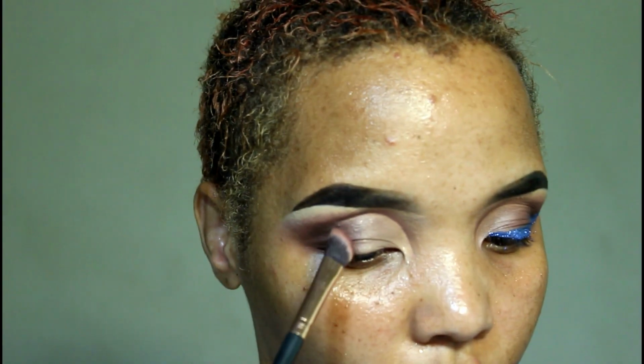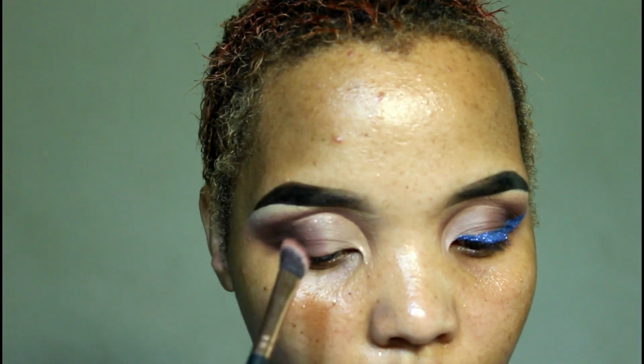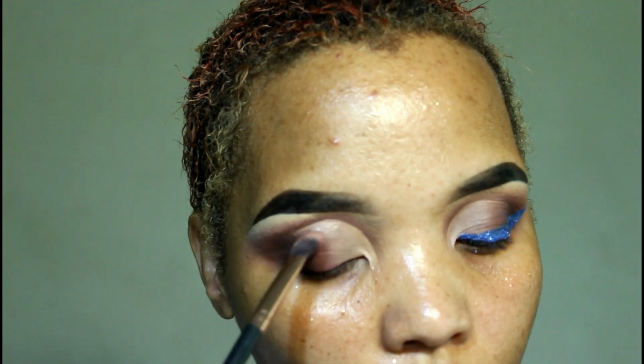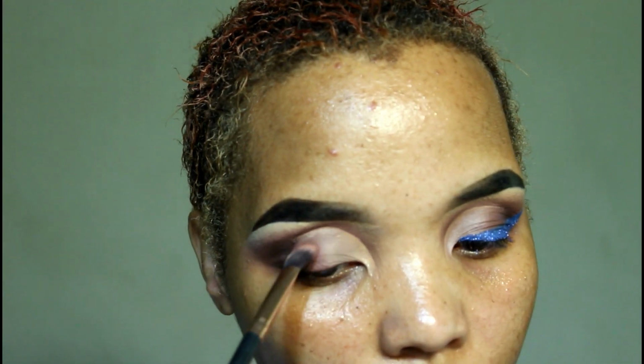So now what I'm going to do is go in with the first shade that I used, and I'm going to blend it again, just past the first place, just more into the